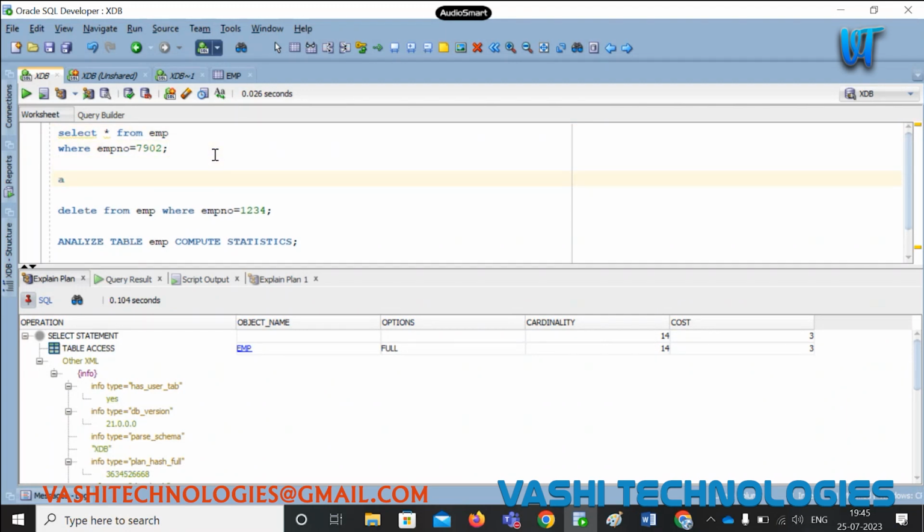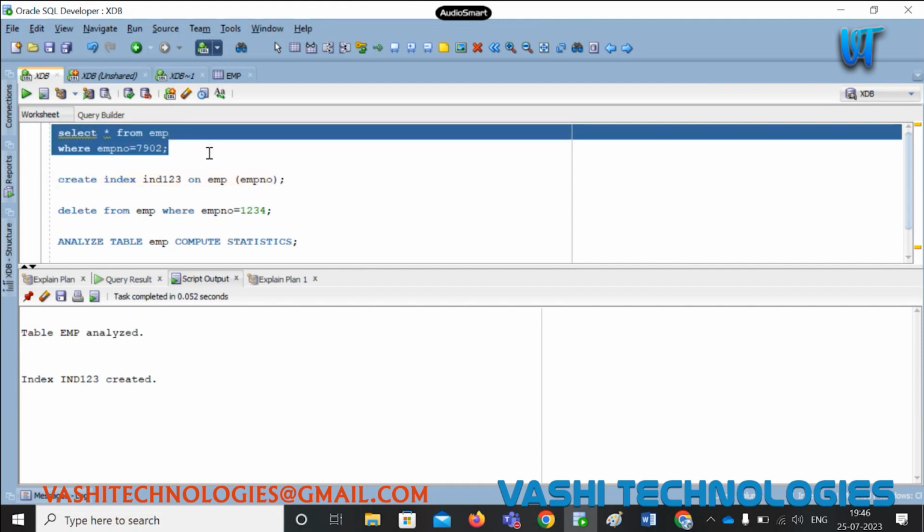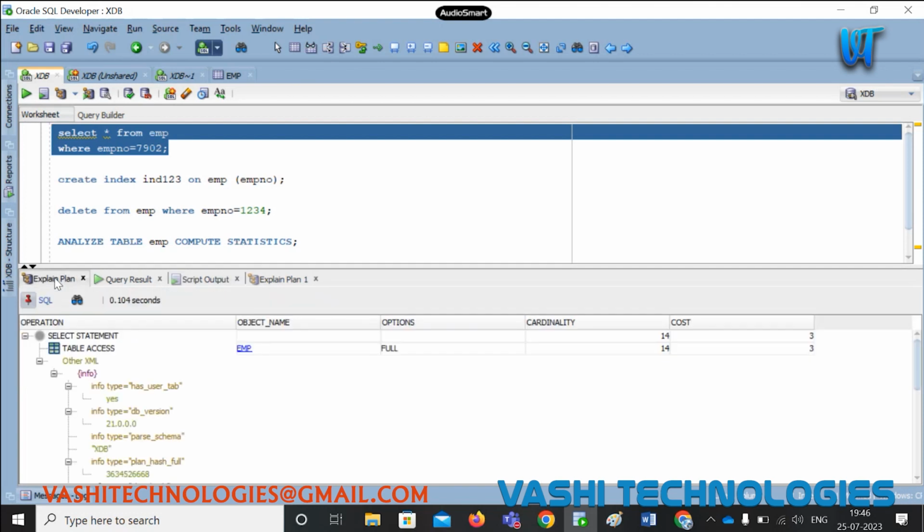If you see, simply I'm creating an index. Create index IND 1 2 3. I'm not following the naming convention here, just mentioning some default name. So index 123 on EMP of employee number. I created the index. For fetching one record, it is taking a long time, right? I mean, the cardinality is fetching only one record, and for fetching the one record also, it is taking 3 bytes of things